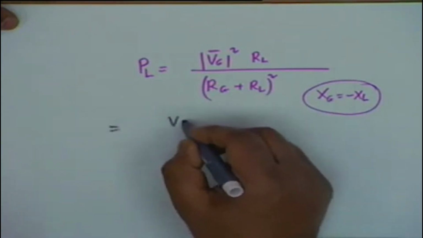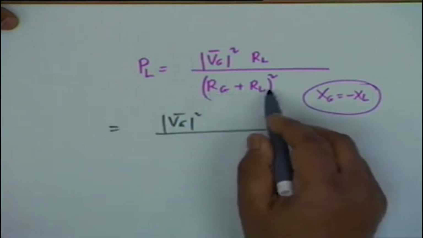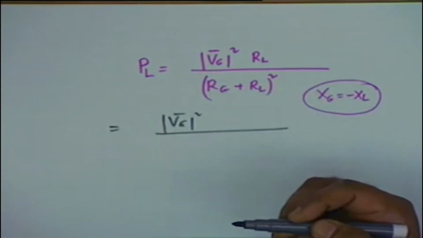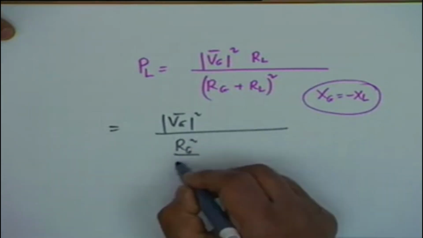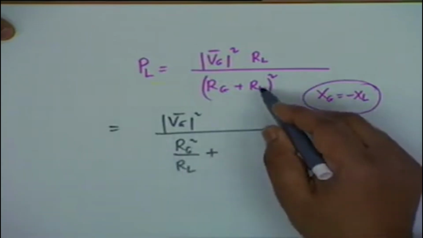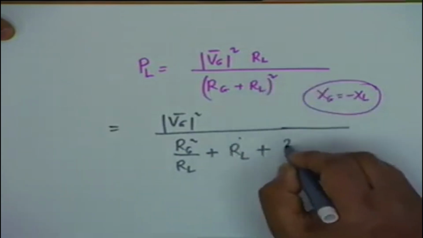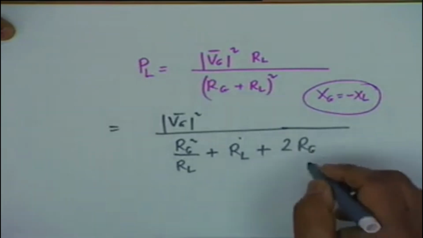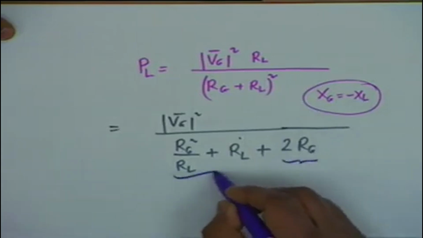and I want you to remember this. I can write this as Vg squared. Now I expand this and divide by RL, so that the variable is brought completely into the denominator. So I get Rg squared by RL plus RL squared divided by RL, so it would be simply RL, plus twice Rg RL divided by RL, so twice Rg. Of these, this quantity is a constant, this quantity is a constant,